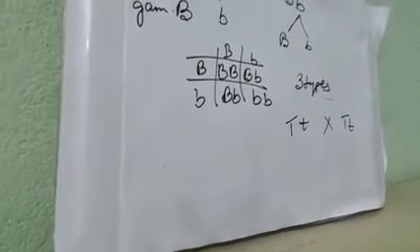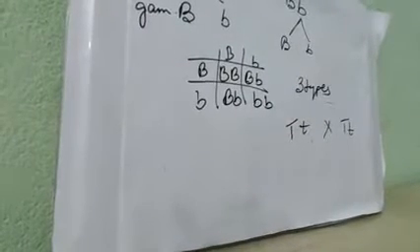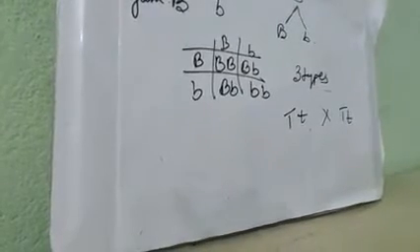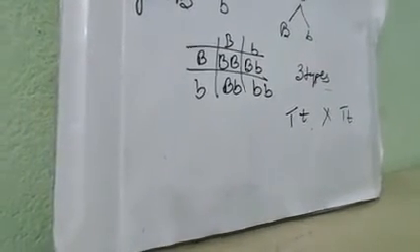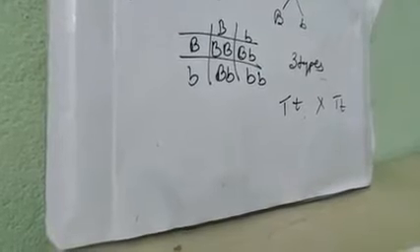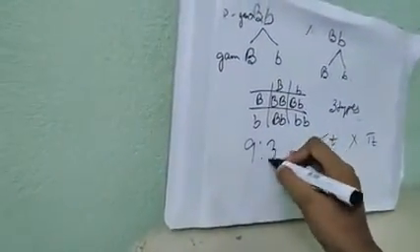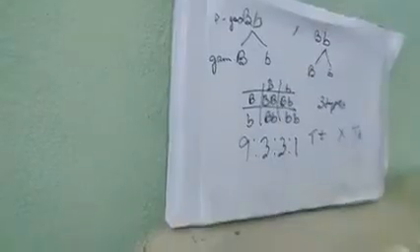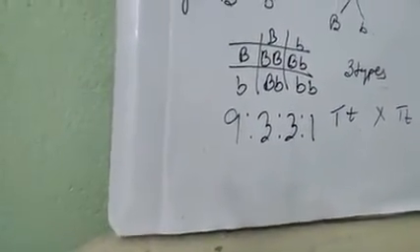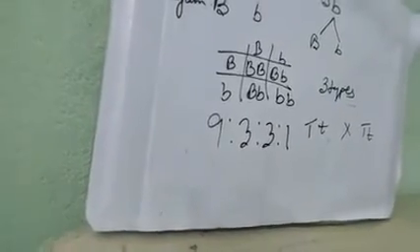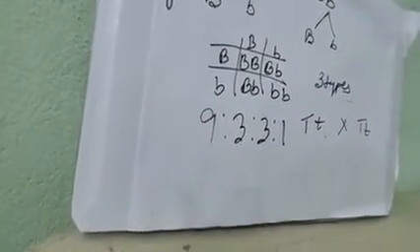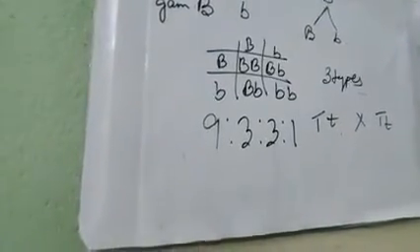22, contrasting pairs of different characters having the same locus in the homologous chromosomes are known as alleles. We all know that. Next is 23. What is the phenotypic ratio of a dihybrid cross? We all know that, 9:3:3:1. This is the phenotypic ratio. Next is number 24. Permanent change in hereditary material and appearance of a new character is termed mutation. Mutation is the change in the chromosomal segments.